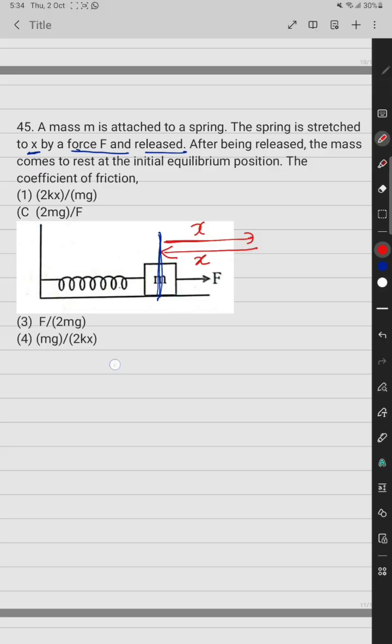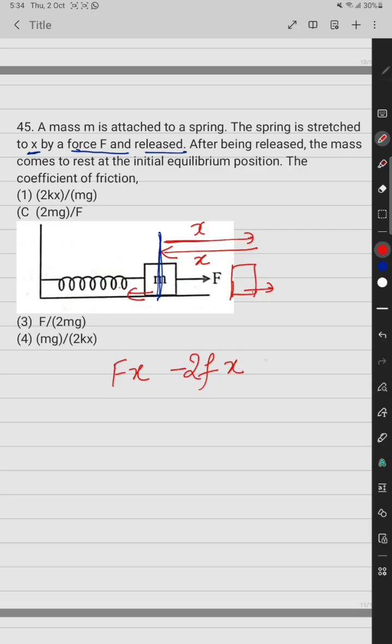Work done by applied force is F into x, as well as the work done by friction. Friction acts in the opposite direction while going, and also while coming back, opposite to the displacement. So the work done by friction is equal to the total displacement, total work done fx and fx,